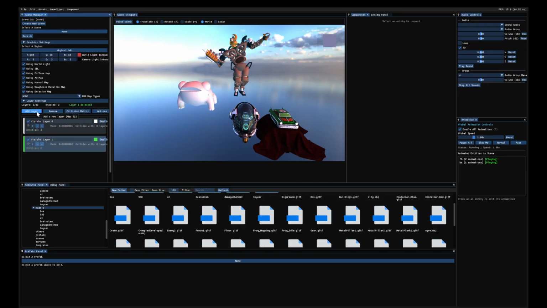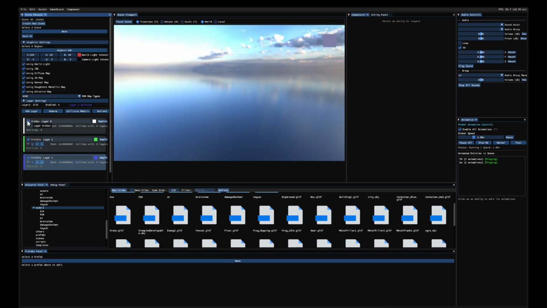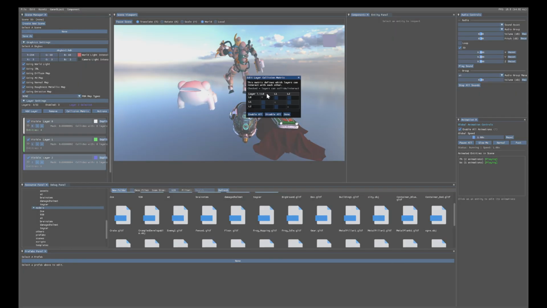We can also, of course, add different layers and set the visibility of each layer. All these entities are on the default layer, so they'll all be not rendered if I set it to hidden. We can adjust the collision of layers using the collision matrix. Entities within the same layer will have collision with each other, and we can enable collision with different layers, as